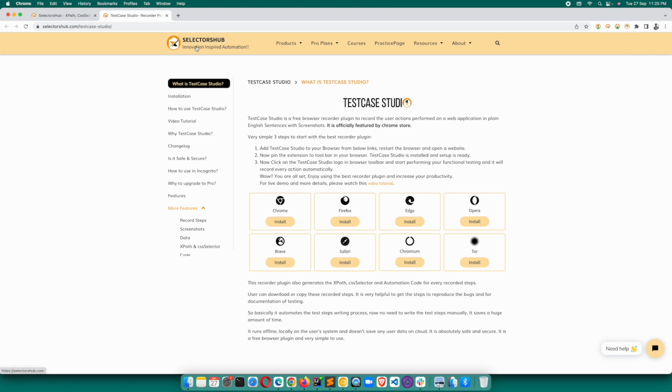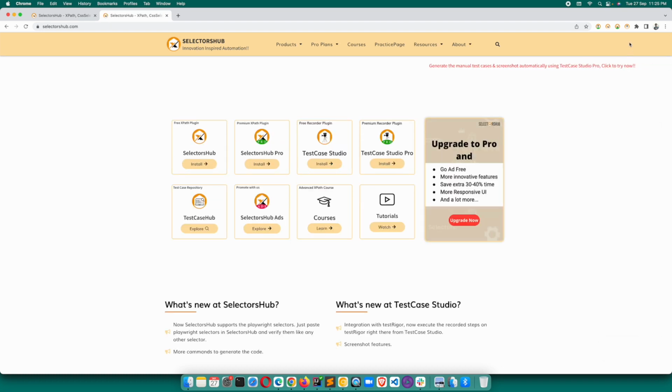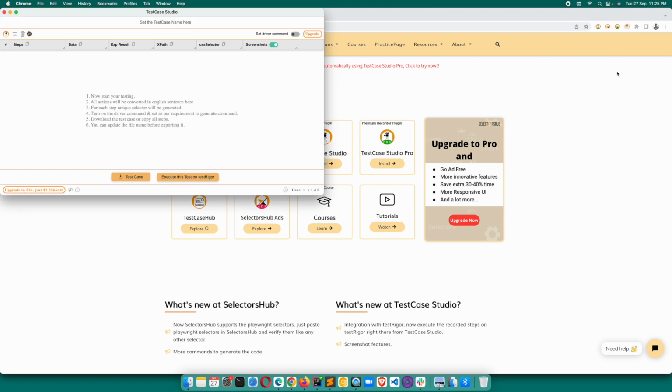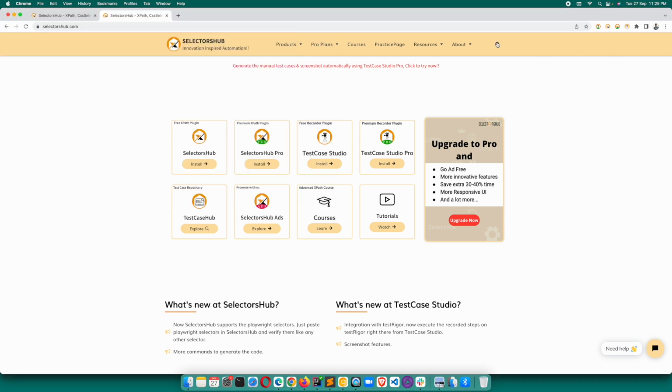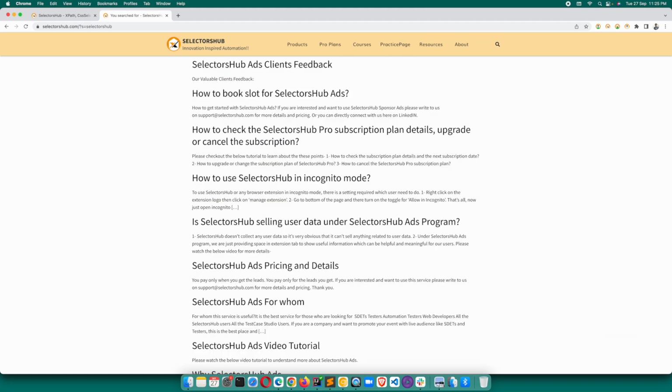So what you have to do here after installing it is just click on this icon, this logo of test case studio, before starting your testing. So let's click on this, and now you start the testing. Same steps we will follow as we did just now. So let's search here for SelectorsHub, hit enter, then here click on this,